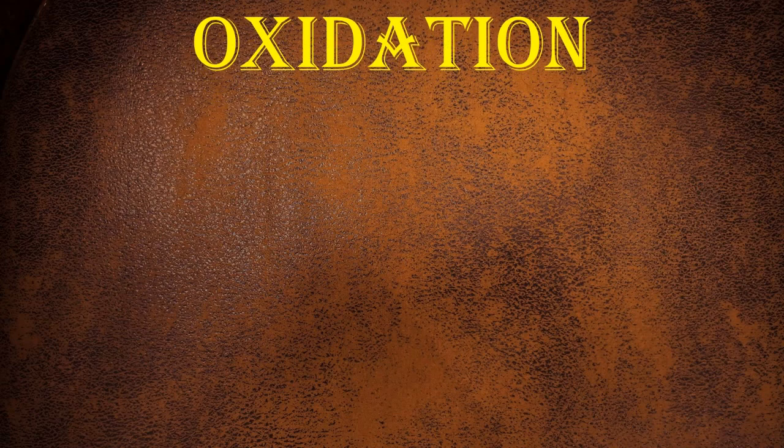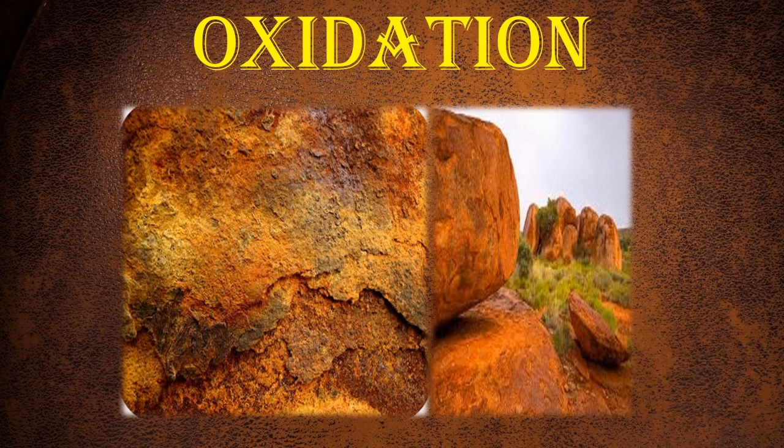So students, please remember that the oxidation process occurs in rocks also, which have iron present in them. The iron in the rocks comes into contact with water and chemical reactions take place between iron and oxygen. Hence, a reddish colored layer forms on the rocks as you can see in this slide. This is called rust.